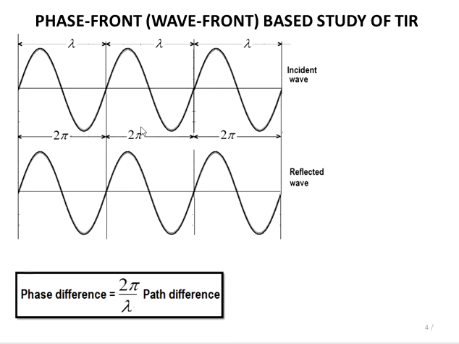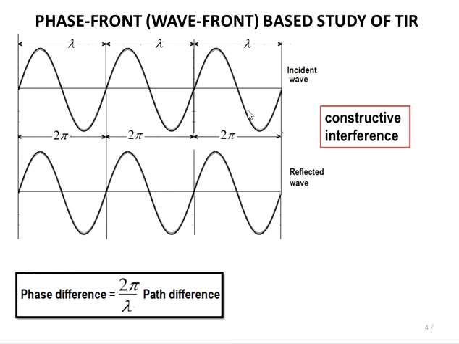Or when a wave completes one cycle, there is a phase difference of 2 pi. So if we consider two waves, and their starting point is the same as shown in the figure, they will have zero phase difference between them. And because of that, the maxima of the incident wave will coincide with the maxima of the reflected wave. So they will get added and we have what is called a constructive interference. Because of constructive interference, the point will be more bright.